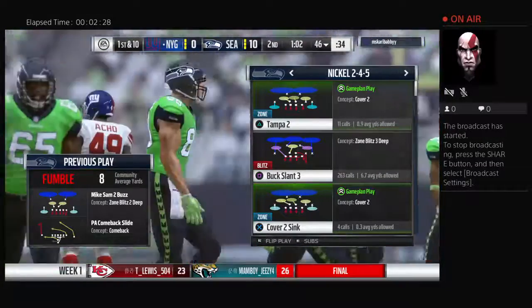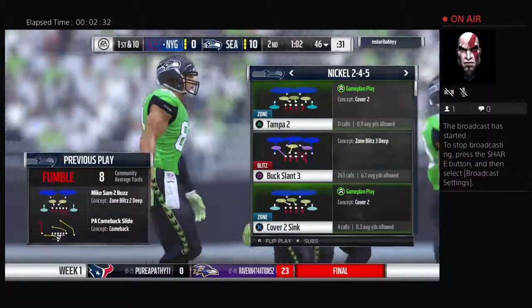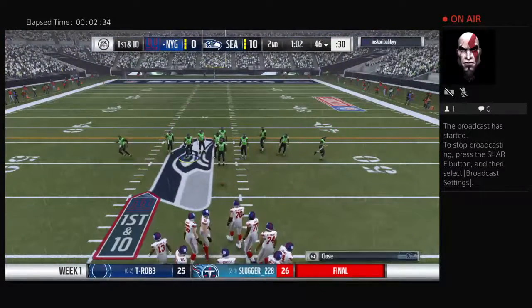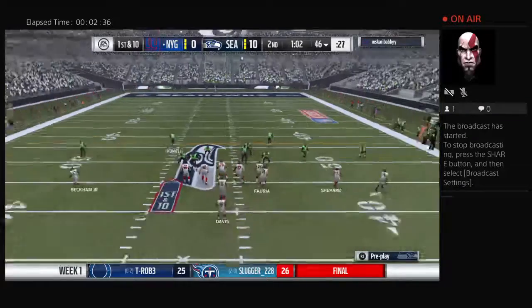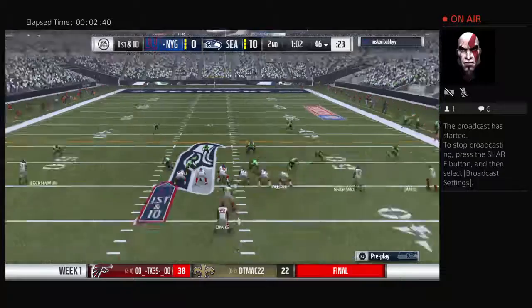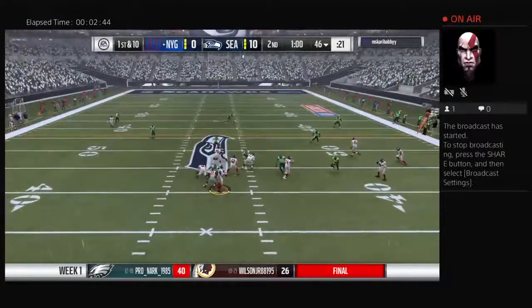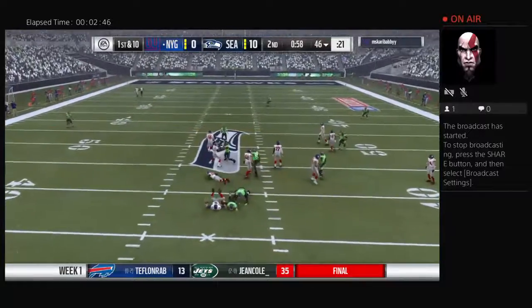And following the interception, just any interception, are you a little bit more cautious when you start that next drive, or no, you just throw that out the window? I think you are. I don't think that there's any way you can run back out there and go, totally didn't affect me. Let's just go ahead and be loose with the football again. You're going to take care of it, but you have to be careful about being under a heavy rush, and